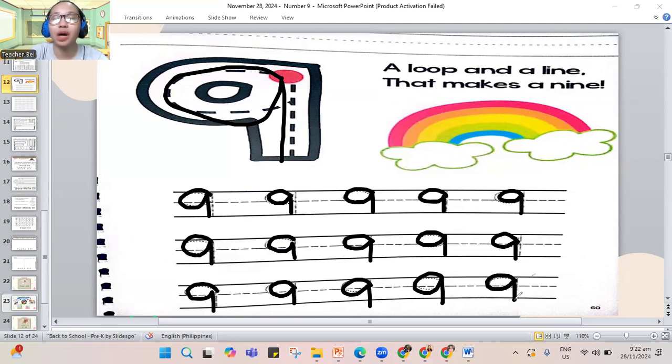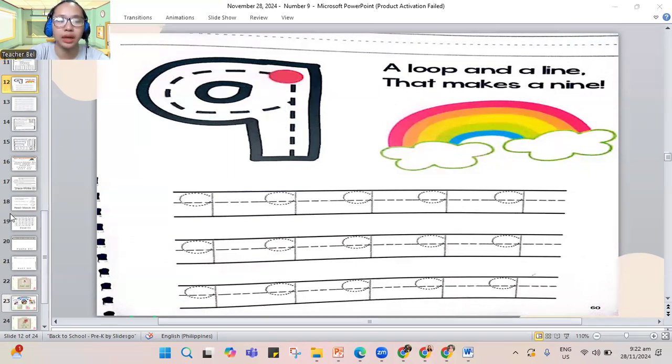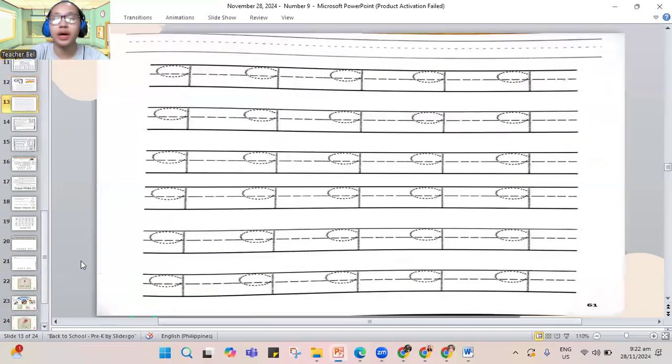So we have our number 9 here. Now, the next part, you'll also need to trace for number 9. You'll need to trace all your 9s. Remember how to make it. Make a loop and a line. Please trace all of your number 9s. I won't do it here on the screen, but you get to do it on your work there. Pause the video. Play it again once you're done.